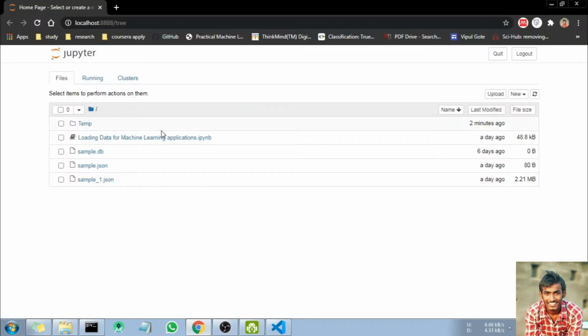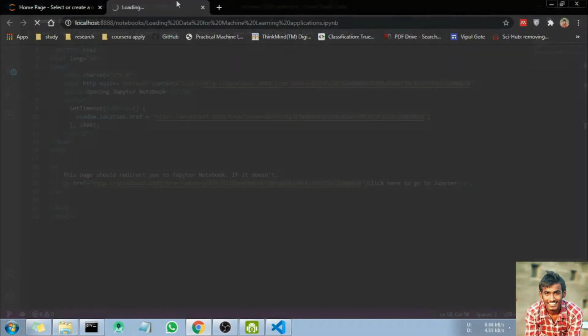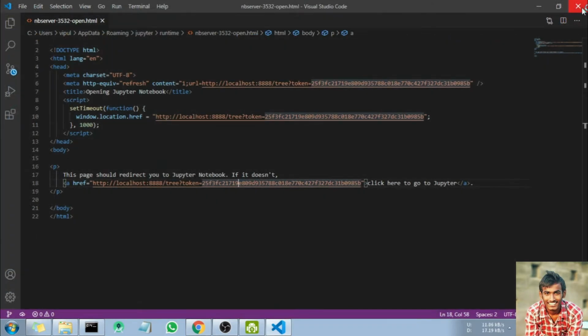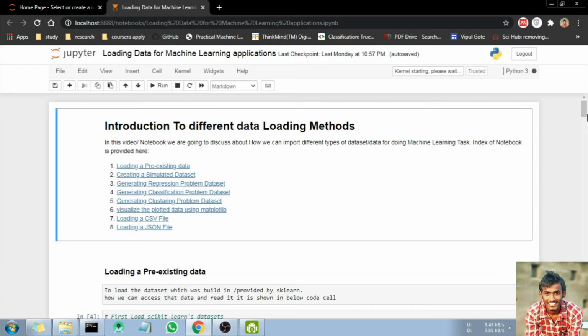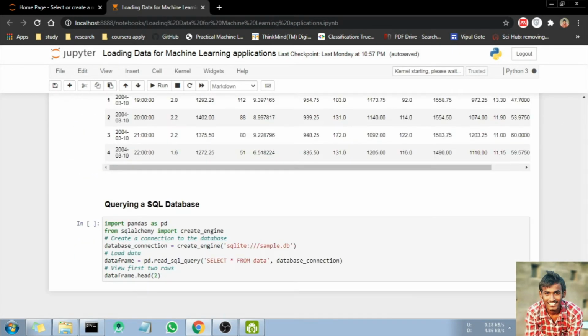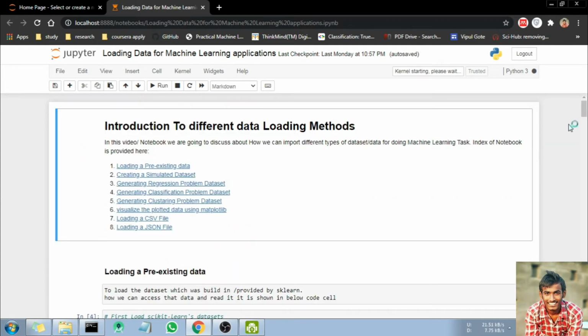Okay, now we open this file. I'm going to close this window, since I already opened the Jupyter notebook.